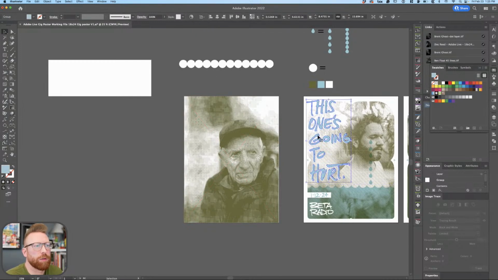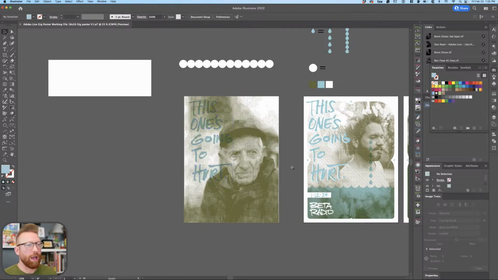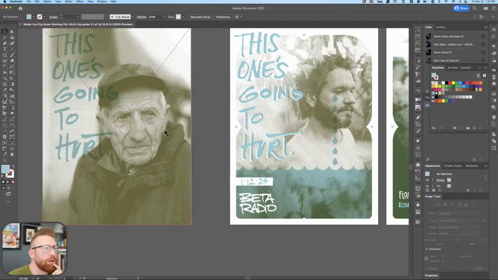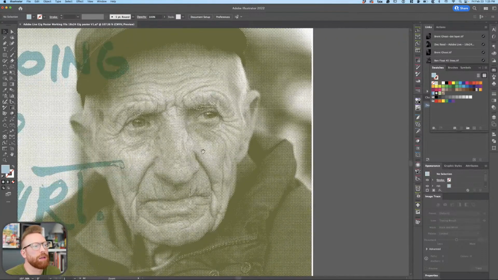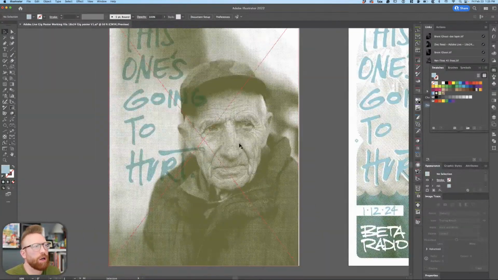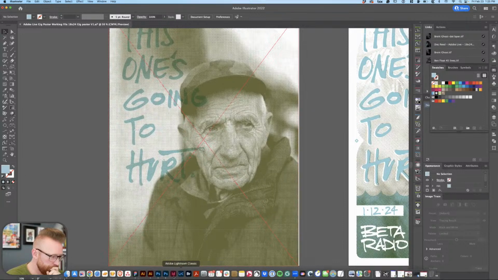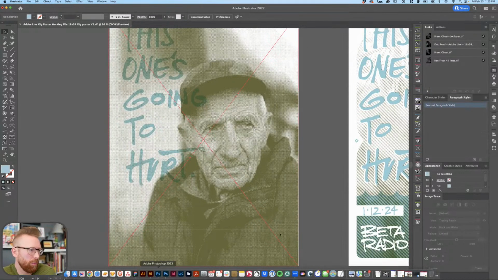Feels like we've got some good spacing. That works. I like how that's working. I do want to go back in. I think I like the look of the lines a little bit better. And that might be a touch on the too fine of a halftone pattern. So we were at 20 and we're gonna jump back into